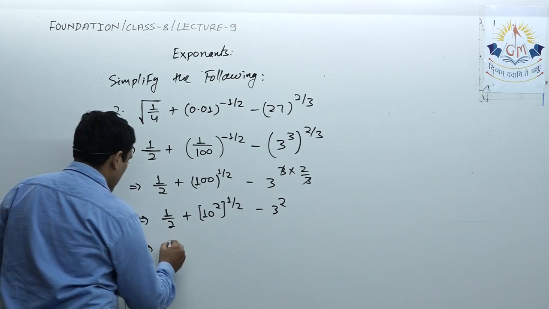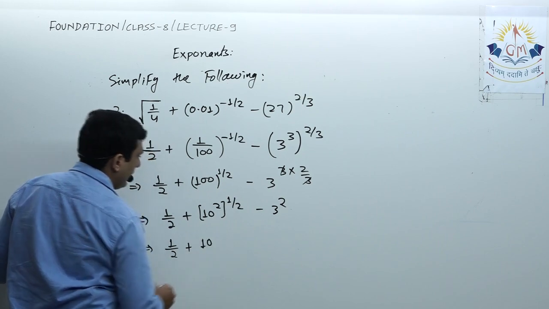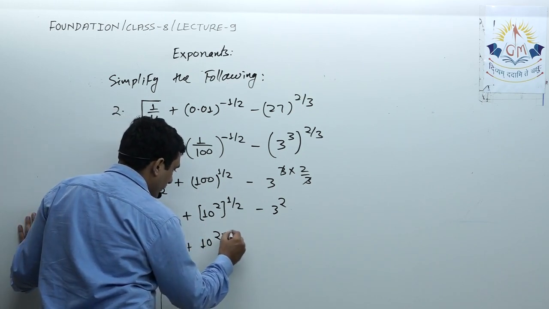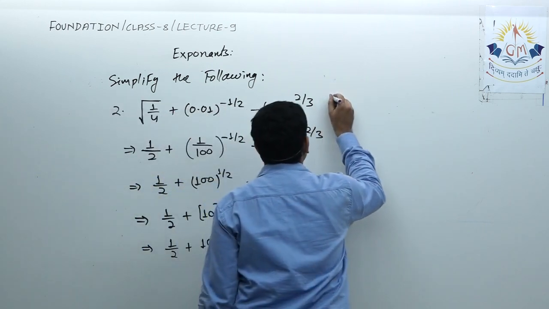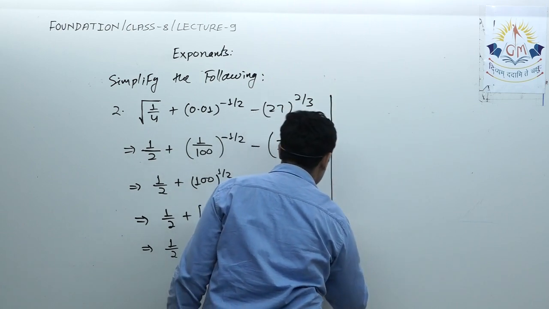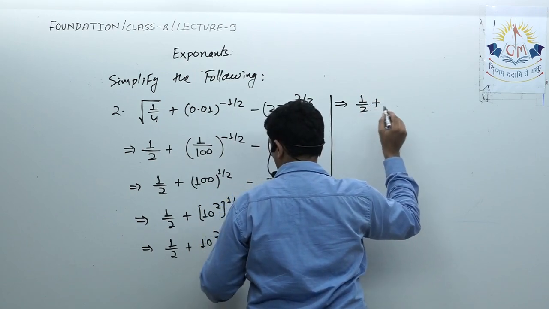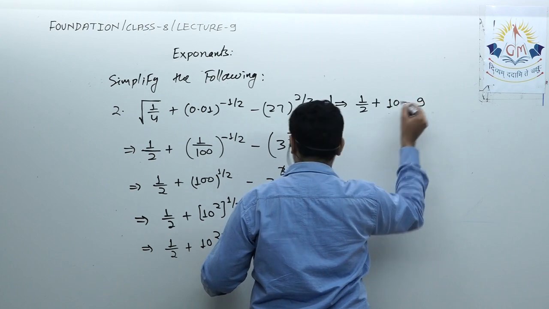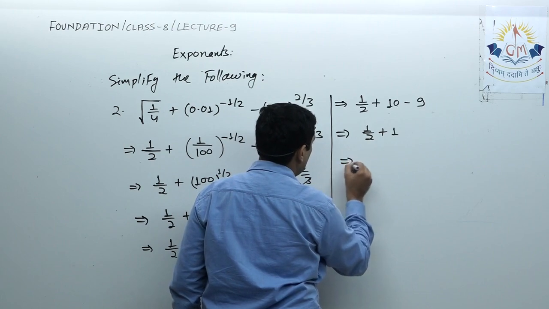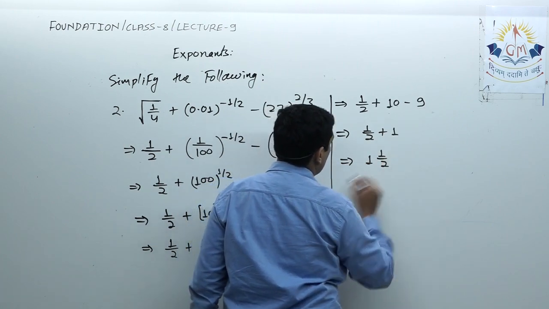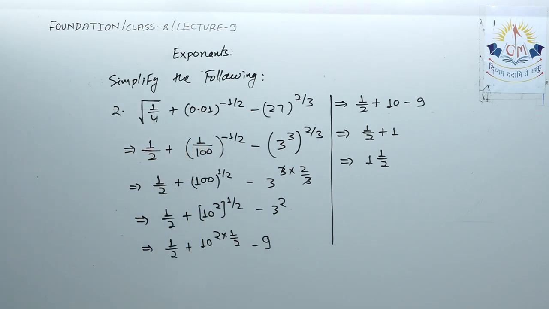Okay, so 1 by 2 plus 2 and 2 will cancel out, so 10. Okay, or if you want me to write one more step in this way, minus 9, 3 square is 9. Now let us see its further solution. Now 1 by 2 remains as it is, plus this will become 10 minus 9. Okay, so ultimately it is 1 by 2 plus 1, that is 1 integer 1 by 2. So that is my final answer. Please note it down, then we'll see the next question.